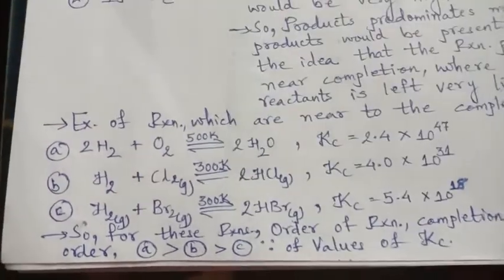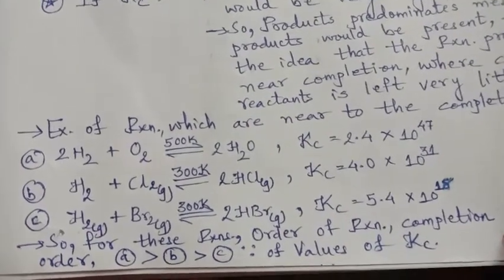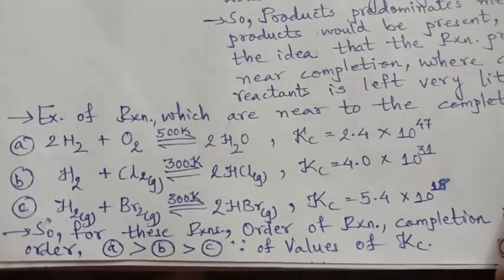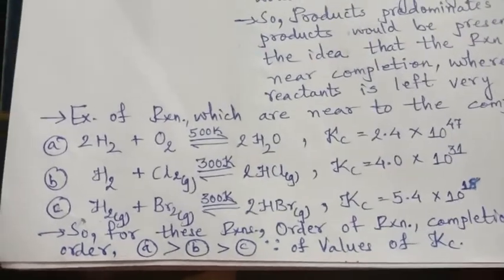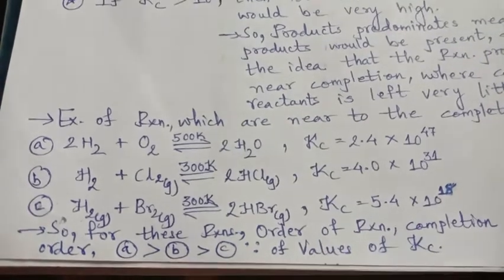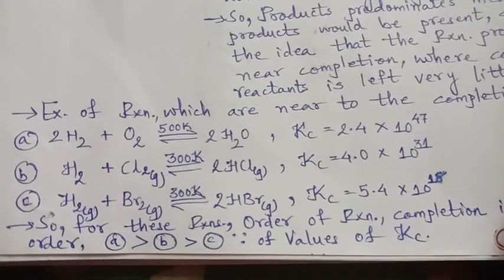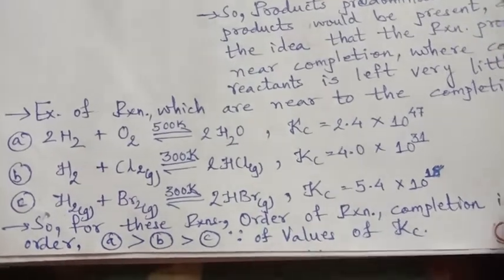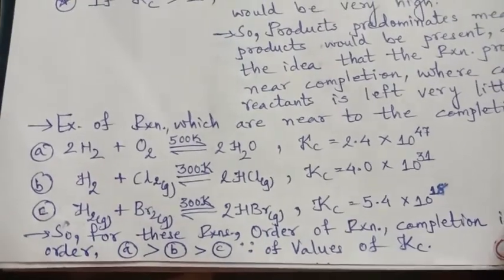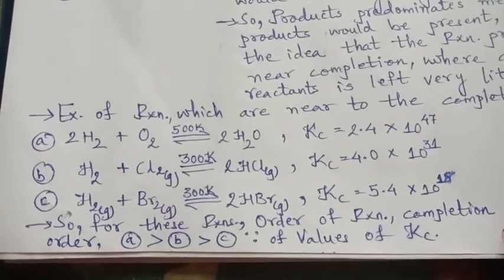Another reaction is H2 plus Cl2 which gives hydrochloric acid at 300 Kelvin. Its Kc is 10 raised to 31, and H2 plus Br2 at 300 Kelvin gives hydrogen bromide, and its value is 10 raised to 80. So all these values are greater than 10 raised to 3. It means they are highly